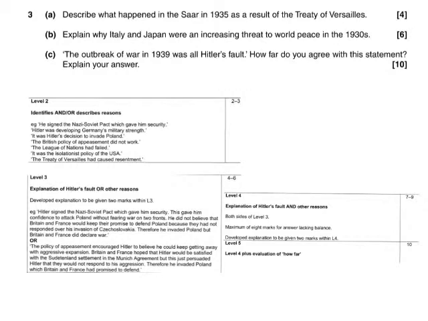I'll put in brackets for outbreak. Obviously that's relating to this specific question, but more generally a 10 marker is going to need developed reasons for the statement. Okay, so there we go. Now if I want to be getting into the money end of things and be looking at a level 4, getting 7 to 9 marks here, okay, I'm going to be needing both sides of the argument. So rather than having either or of these paragraphs, I'm going to need both sides.